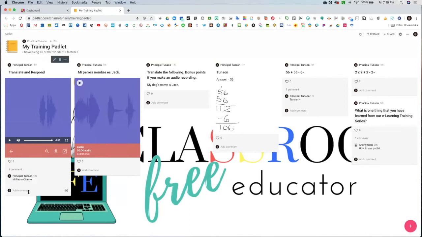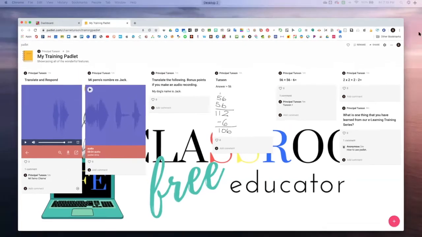And then the next student would add their name, the next student would add their name. So these are just some of the cool things that you can do in terms of getting student interaction and getting it all in one place. Because if a student is struggling, like, oh man, I can't remember or I can't pronounce it, then maybe they could go ahead and play another student's audio, and then they would try to mimic it and then they would feel more comfortable responding, because we know sometimes kids are hesitant to respond when they think that they're going to get it wrong. So if they have these examples right then and there and they can play it before they add theirs, then that is a fantastic way to